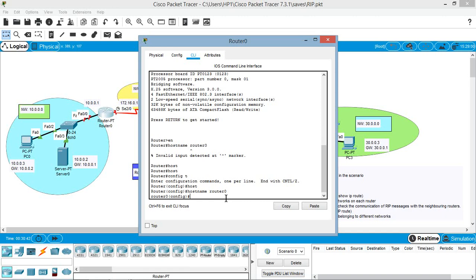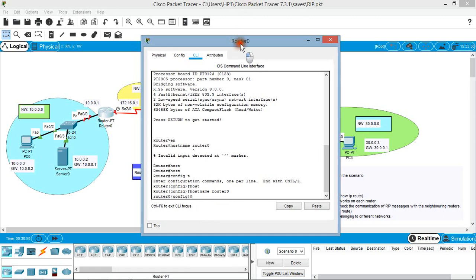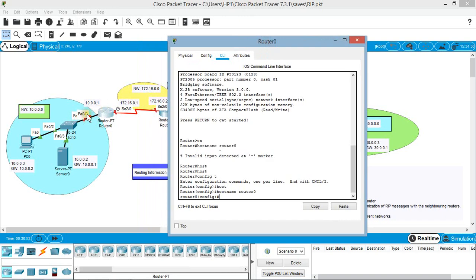Now once you're in config mode, you can configure the interfaces of the router with the IP addresses. This router 0 has two interfaces, fast Ethernet interface 0/0 and serial interface 2/0.